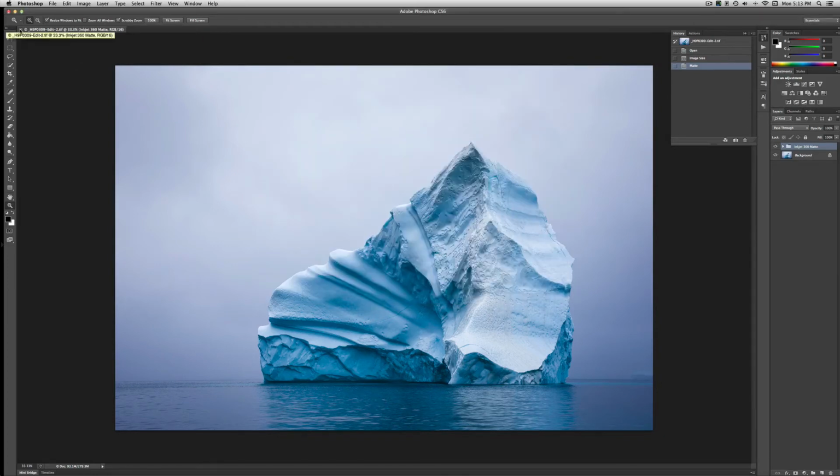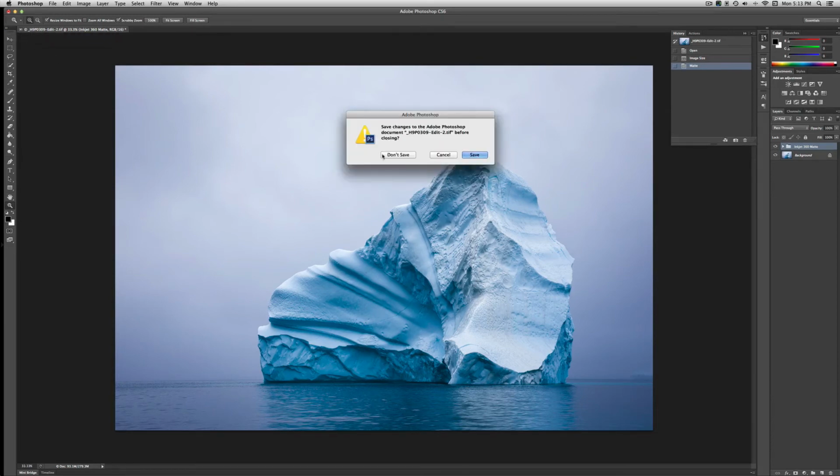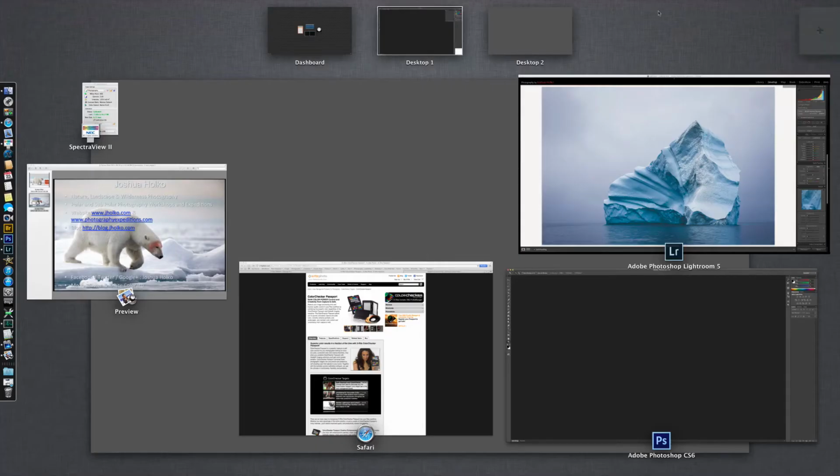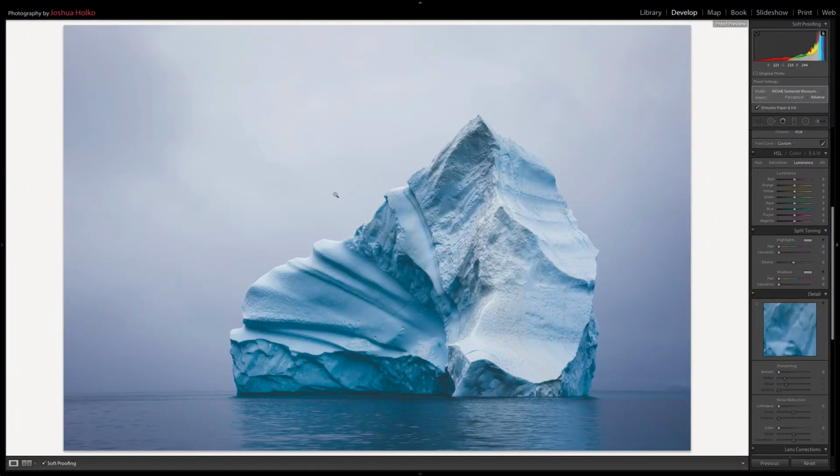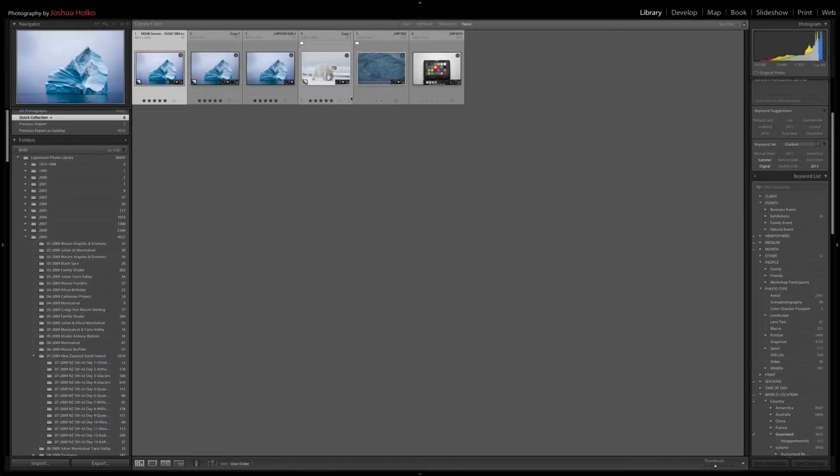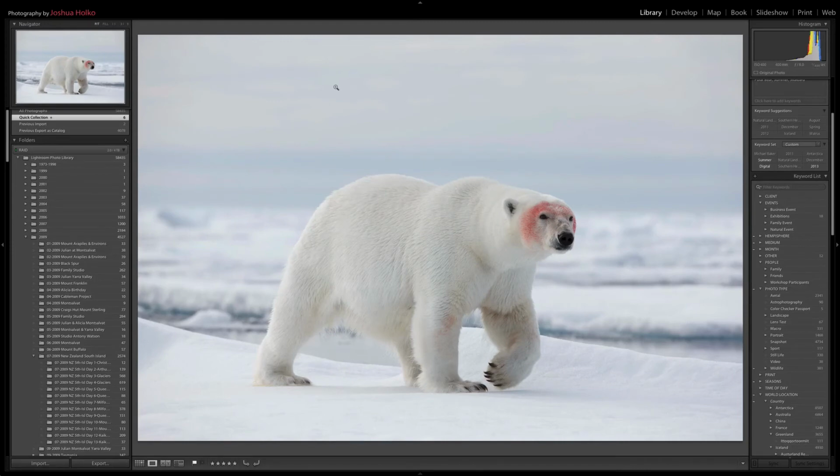So there we have it. That's pretty much my workflow for working with images with snow and ice. What I'm going to do now is come back into Lightroom and just have a look at one more image that's a little bit different, which is this photograph of a polar bear that I shot up in, a large